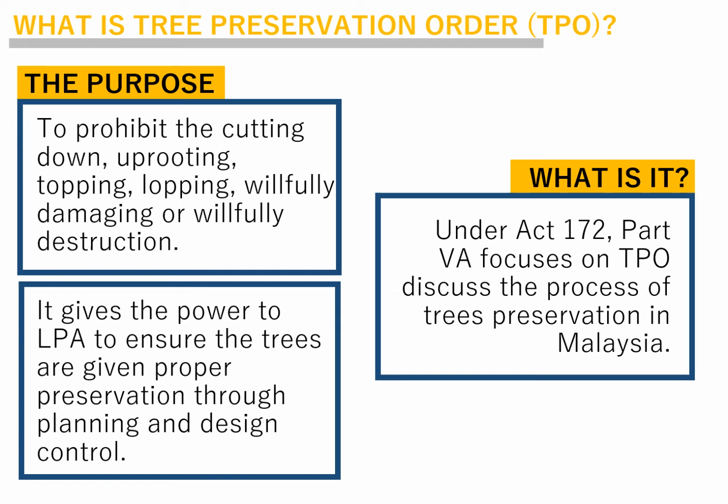Okay, so TPO is under Act 172 Part 8A, focusing on the TPO and discussing the process of tree preservation in Malaysia. Maksudnya adalah proses memelihara dan melindungi pokok-pokok yang spesiesnya terancam dan beberapa kriteria yang akan menentukan sesetengah pokok ini perlu dipelihara dan dilindungi. Okay, the purpose is to prohibit the cutting down, uprooting, topping, lopping, willfully damaging or willfully destroying, memusnahkan, merosakkan atau menebang